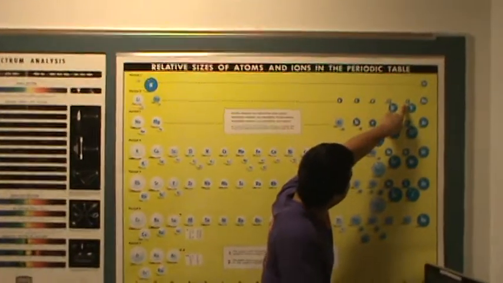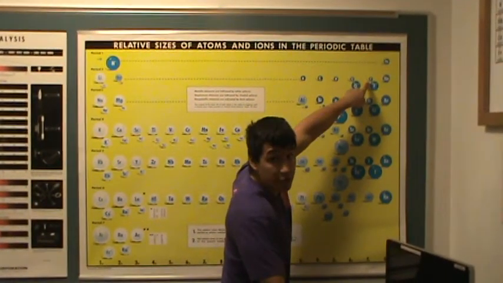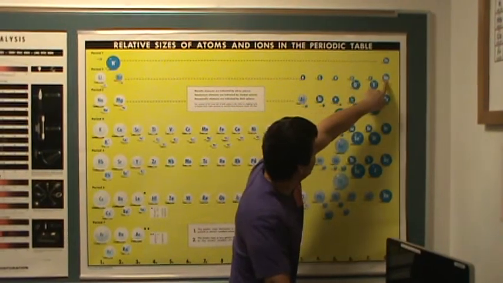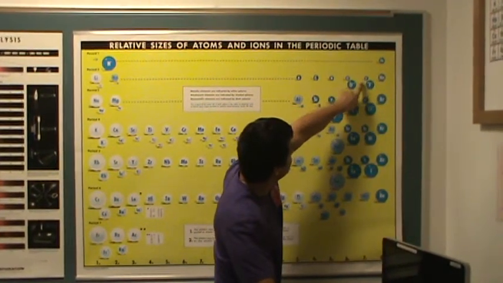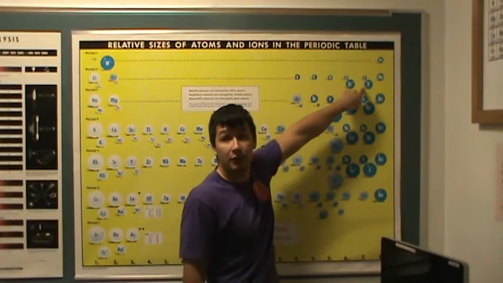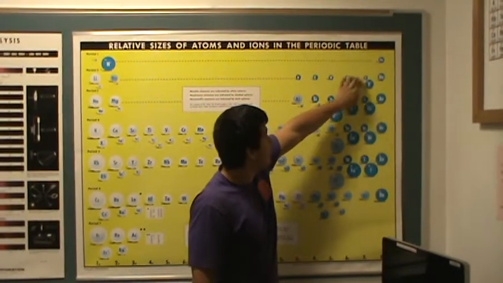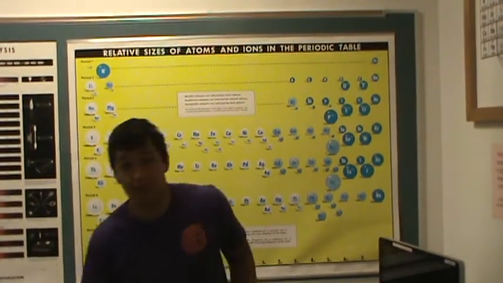Fluorine is a really, really drastic example. We start at 0.64 picometers for neutral fluorine. When it gains an electron to become like neon, it goes from 0.64 to 1.36 picometers. It like doubles its size because